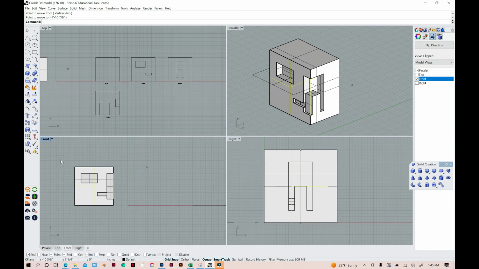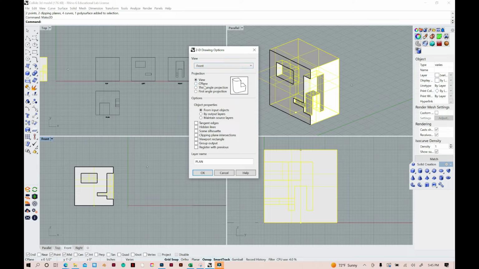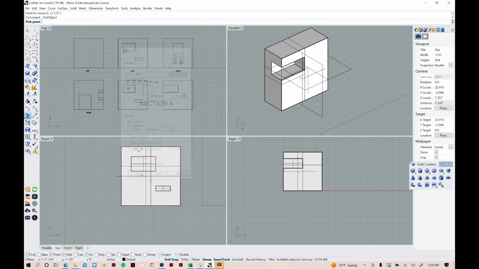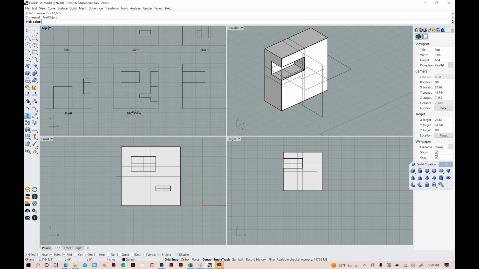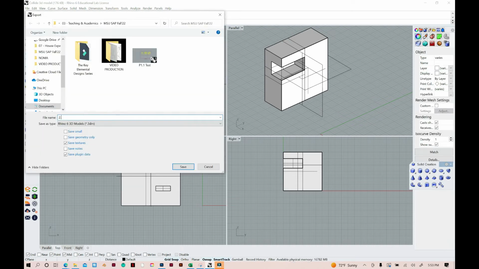So the next step is highlight, make 2D, front, section A, and this is section